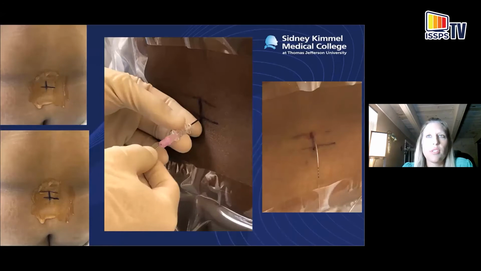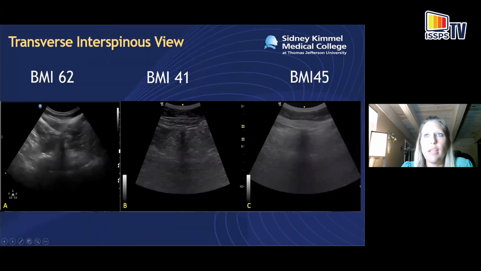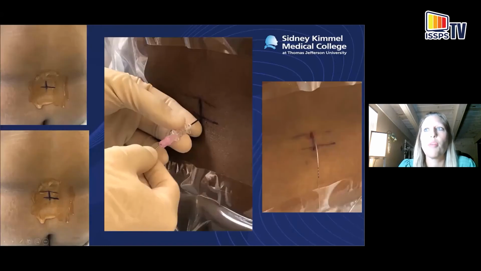And so this was the patient from the previous scans. You can see we ended up marking our interspaces, and we went at the location of the marks, and we actually got the epidural here, but we ended up getting some blood back, so we moved to the next level. So that's why it's important to do more than one level, because you never know when you're going to run into problems. And we can see we have a successful epidural placement in this obese patient.